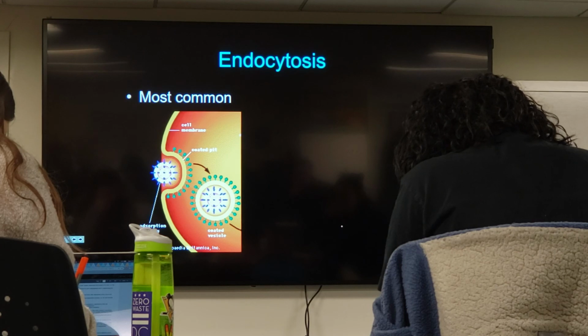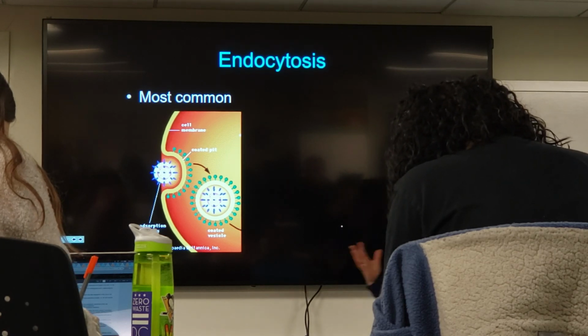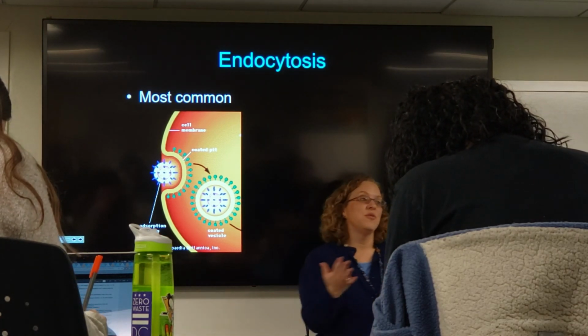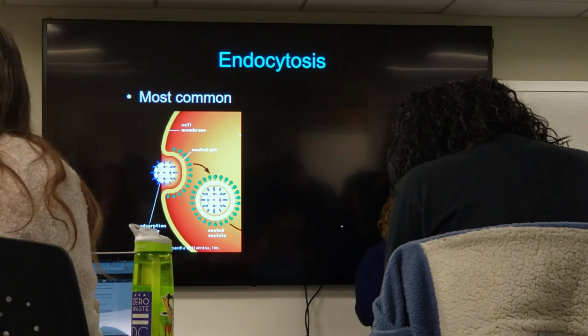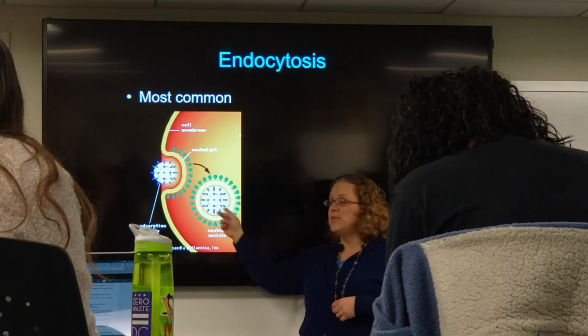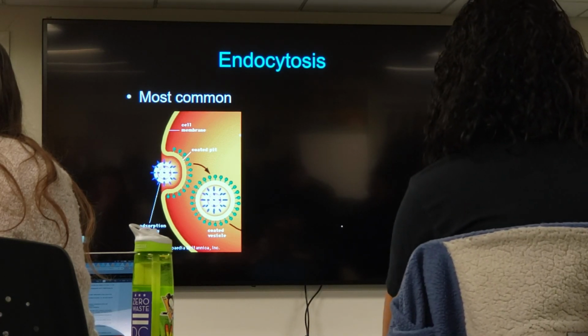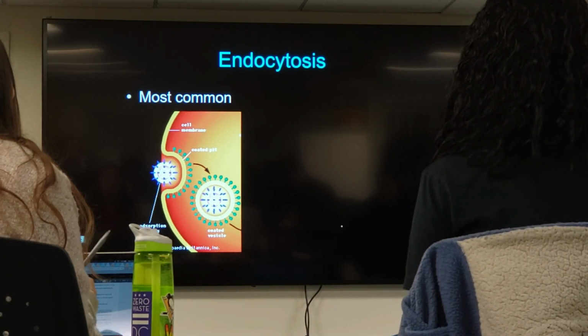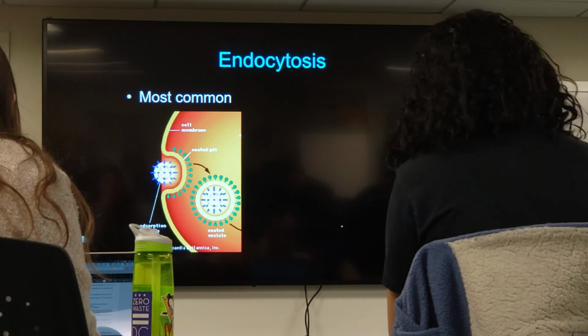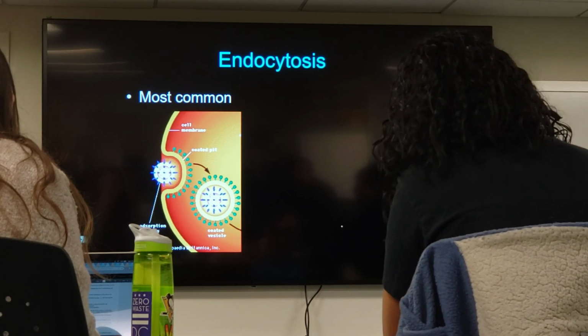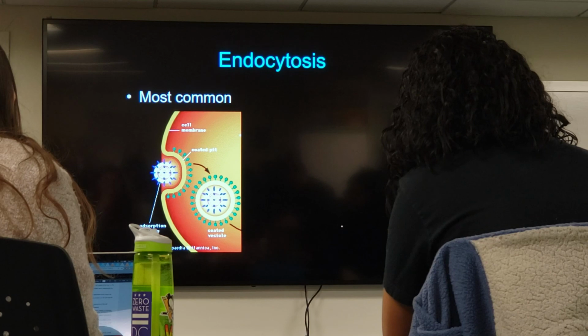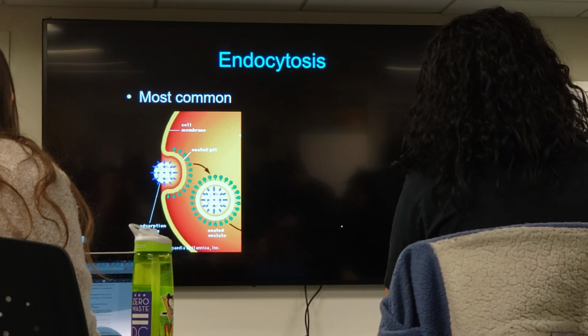So oftentimes these vesicles will fuse with the endosome. Sometimes they will fuse with the lysosome, depending on what's going on. And whatever is trapped inside this vesicle will be able to get out. Now, that's the way that the virus would do it as well. Now, if that virus has a lipid envelope already, if it is an enveloped virus that already has a lipid membrane surrounding it, now inside